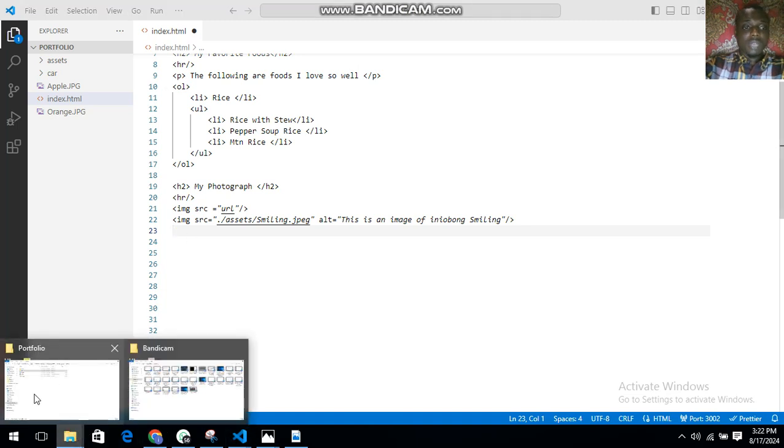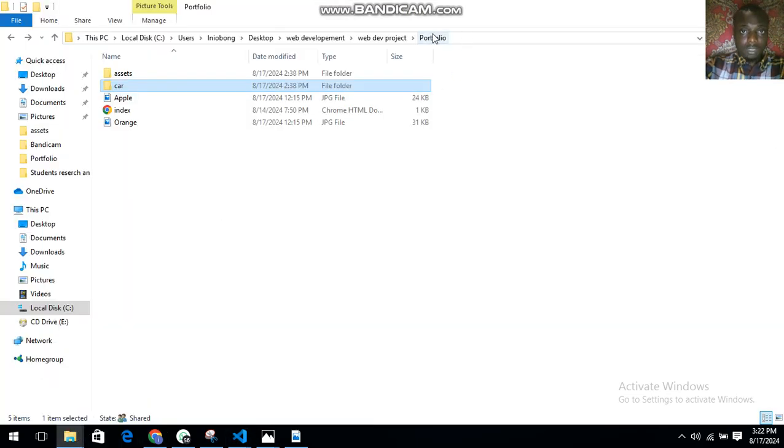A parent folder is this folder here, which is my portfolio, my web development project, and this is definitely not useful when it comes to the relative file path. So my main folder, my parent folder, where I can find all of this assets is the